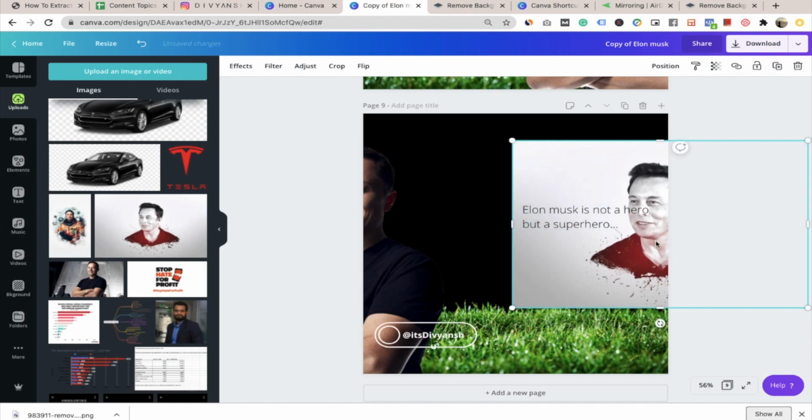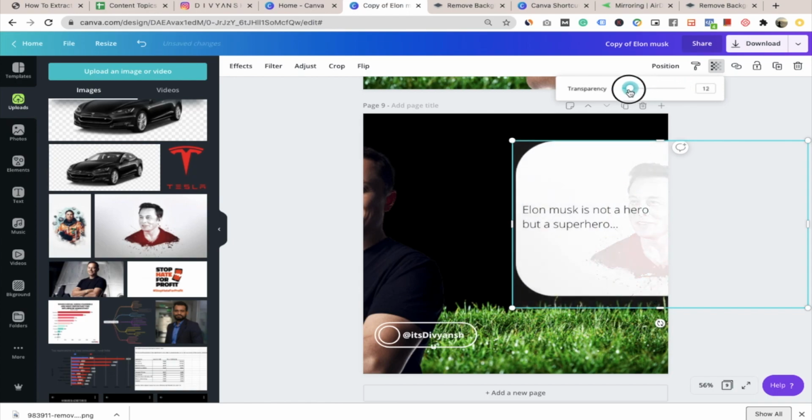this looks pretty out of the blue, and this is ruining our overall theme concept. So go to the transparency option and bring it down, let's say I'll keep it somewhere around 14 to 20, 21.